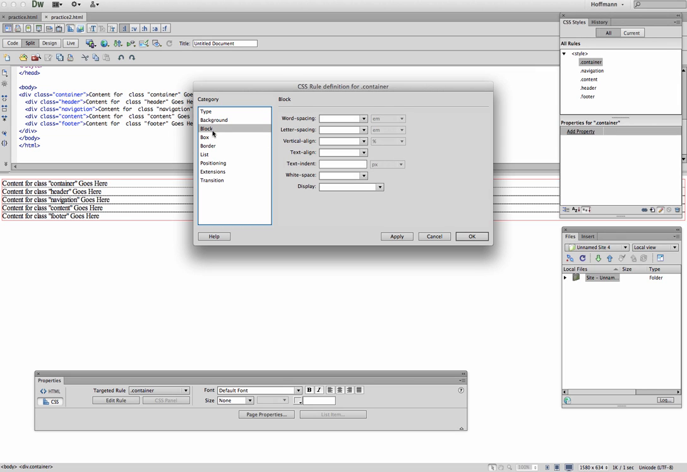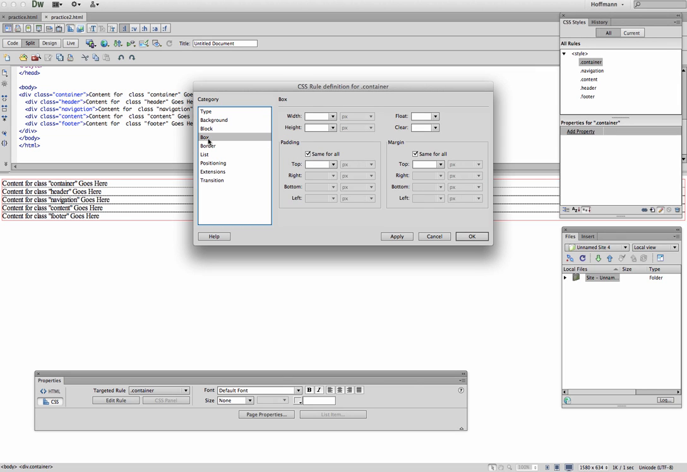I'm not going to do anything for block. I'm going to go to box, okay? So this is the very first thing that I'm going to do: I'm going to set my container to 900, okay, because that's the size of my file. So I'm going to set the width to 900 pixels,